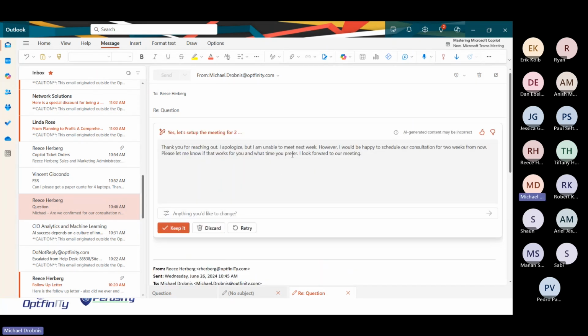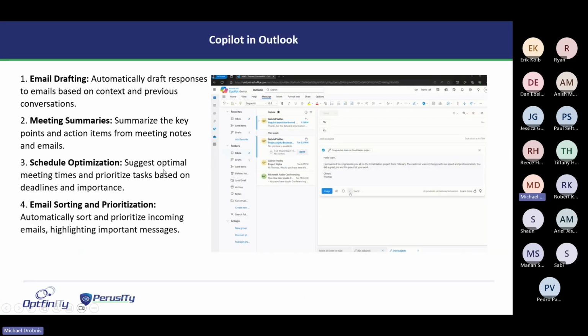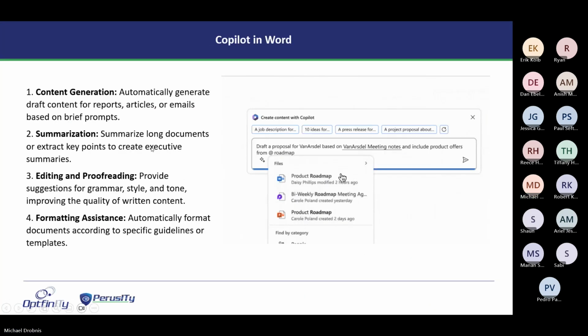And it obviously can do that. You can thumbs down, whatever the case may be. There's a lot more you can do with it. But again, my goal today is just to give you an idea of how this all works. So that is Copilot in Outlook. Next we have is Copilot